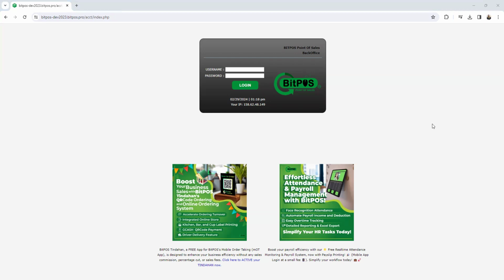So first, you access the back office. So we're already here in the back office. You can log in your username and your password. So you can type your username and your password. So click this login